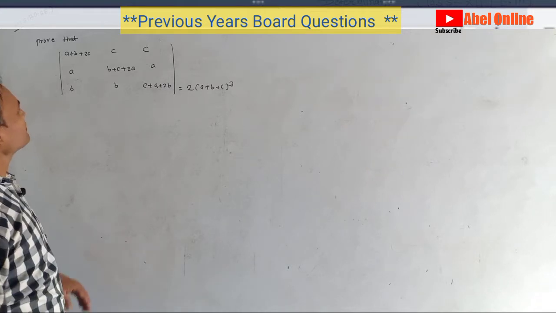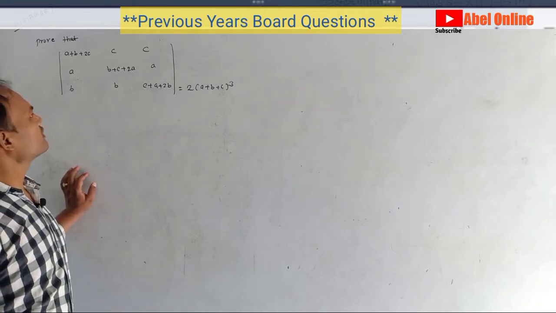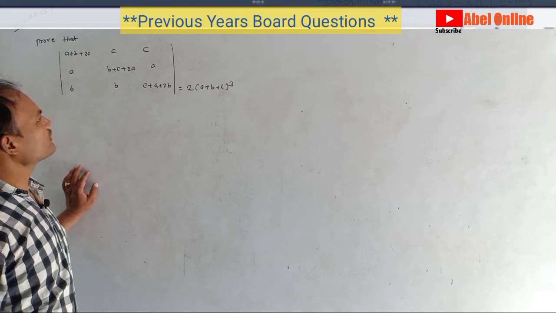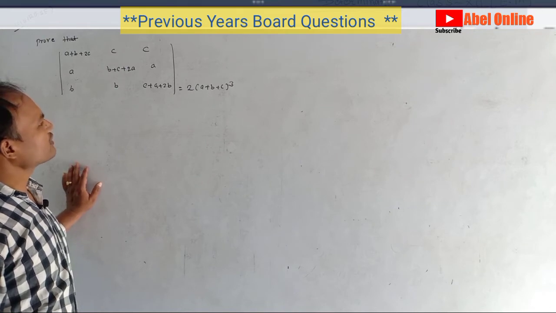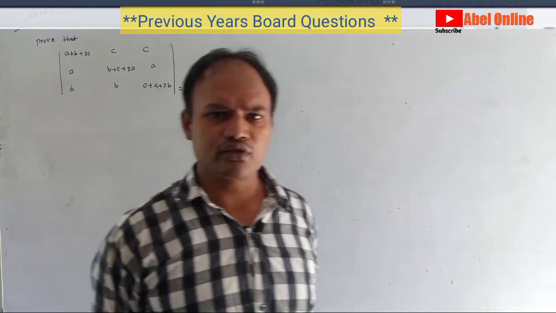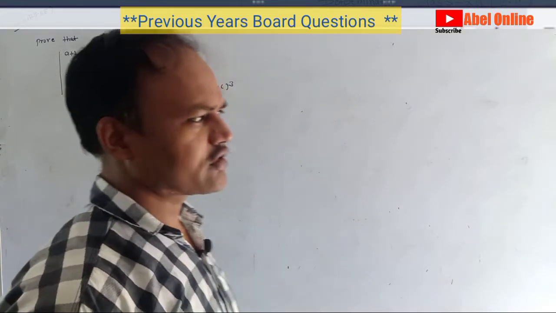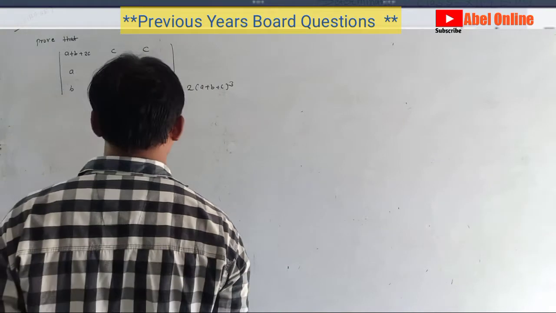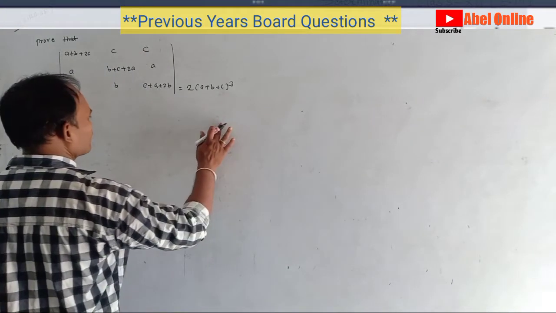Okay, so it is A plus B plus 2C, A, B; C, A plus B plus C plus twice of A, B; C, A, C plus A plus 2B. It is a very important question regarding board classes. So how can we solve this question? Watch this video till the end to understand better. Okay.